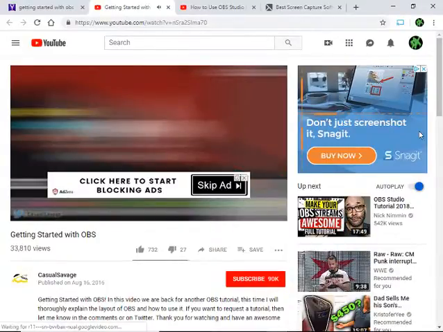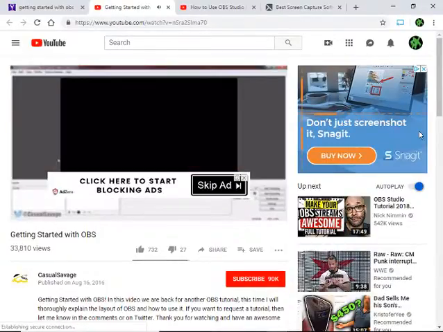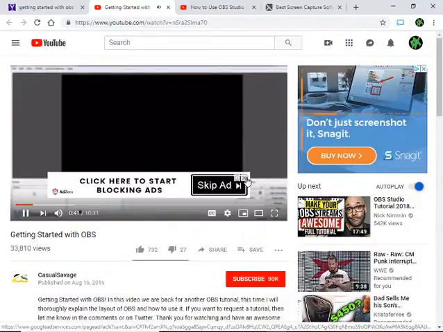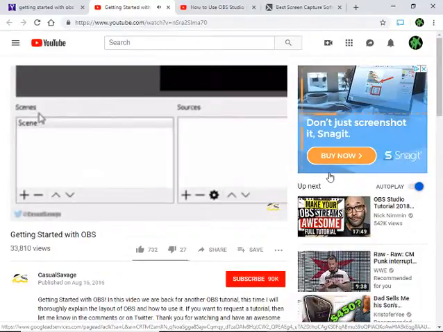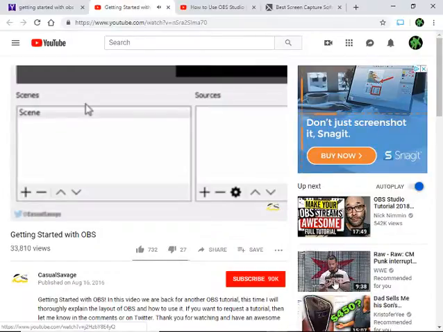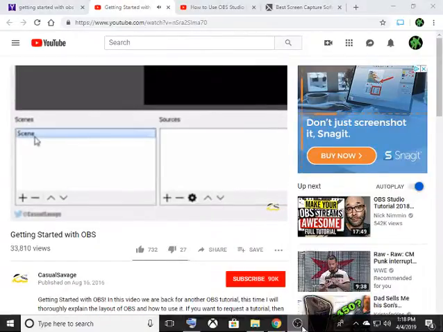So in the last OBS tutorial, I showed you how to download and install OBS. Okay, so this is the layout, and I did say towards the end of the last video after we installed it, it may be confusing to some or many of you because they've changed the layout. So over here, as you can see, there's something called scenes. Now scenes is very important. So if you are live streaming or if you use OBS to record your desktop, this is a very good feature to use. So by default, you have a scene